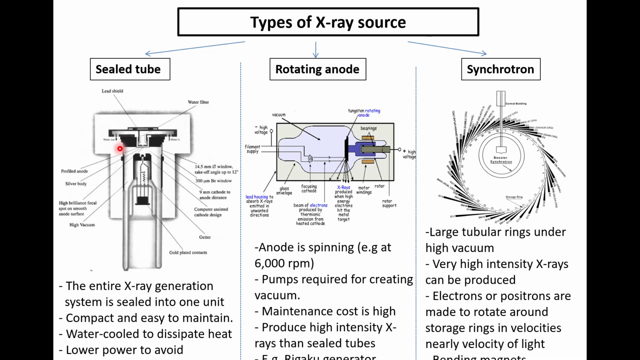So in a sealed tube, you have a fixed anode. It is not rotating anywhere. The electrons are always coming and hitting it at a particular angle, and it is generating a huge amount of heat, due to which there will be pores in the anode, and you will get very low intensity X-rays